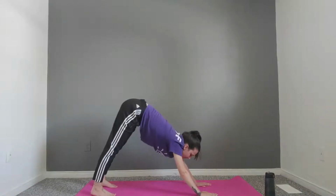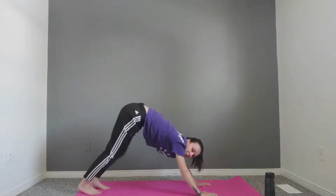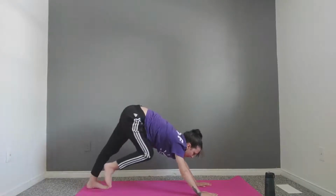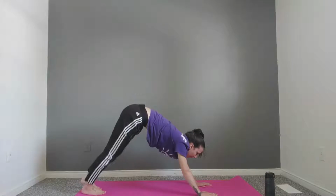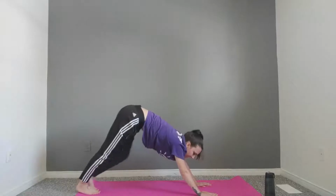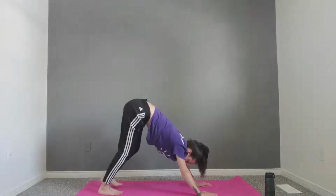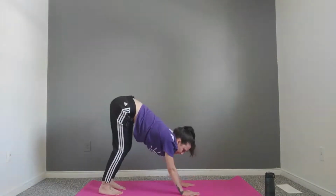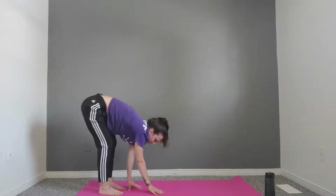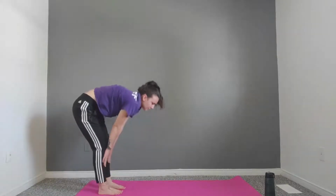Remember to breathe. If you want, you can kind of pedal your feet like you're riding a bicycle. We're gonna hold this for a little tiny bit longer. Hold, hold, hold. Okay, we're gonna stop pedaling if you're pedaling. You're gonna bring your feet down. Remember you're breathing, deep breath in. Walk your hands up. Breathe out. And breathe in. And all the way up. And let